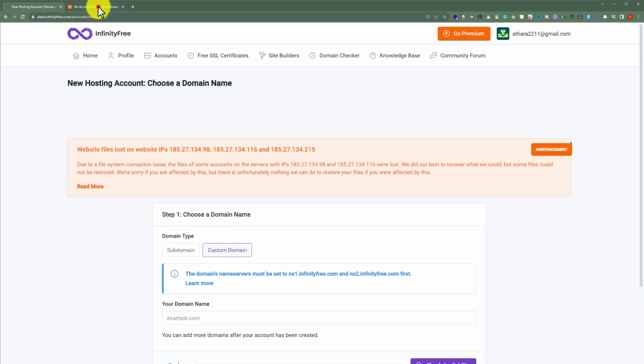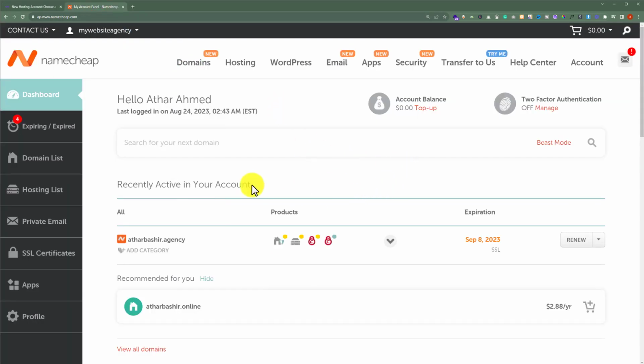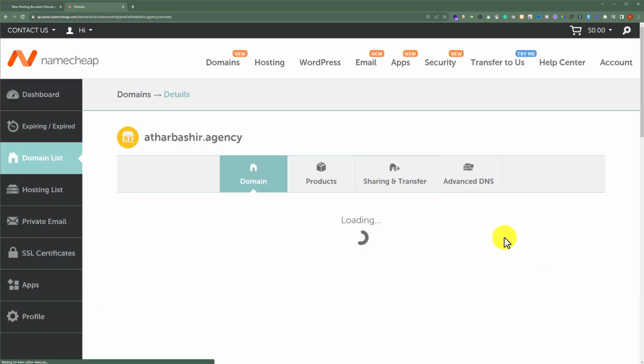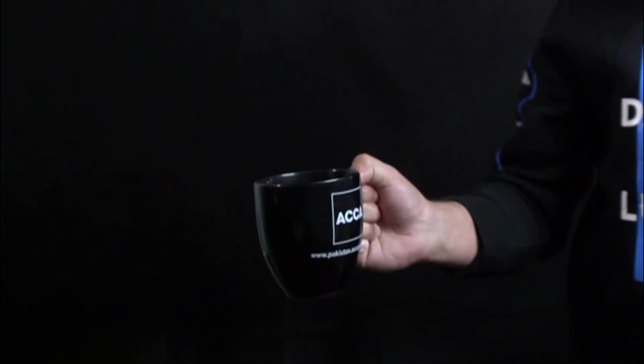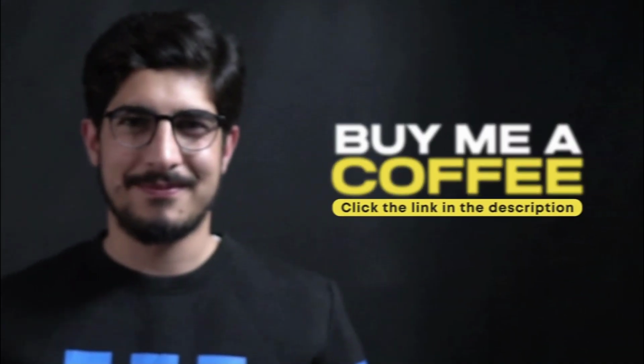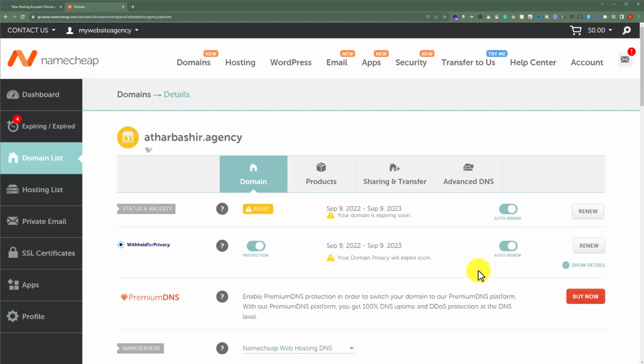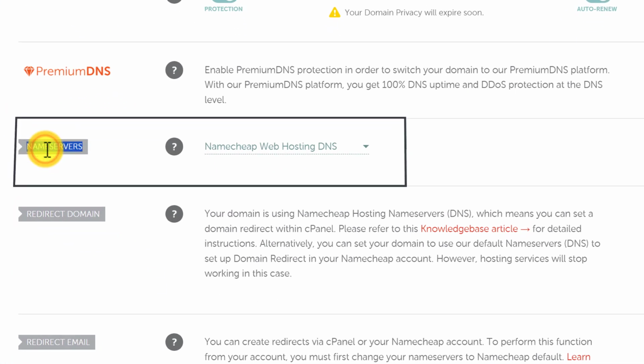So go to your Namecheap account and from the left menu just click on domain list. Now here you will see all the domains that we have purchased from Namecheap. Next to your domain name you will see this drop down button, just click on it and after that just click on manage. Now scroll down to name servers, so here it is, and as you can see that currently Namecheap web hosting